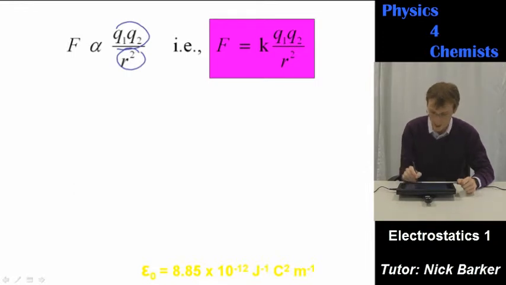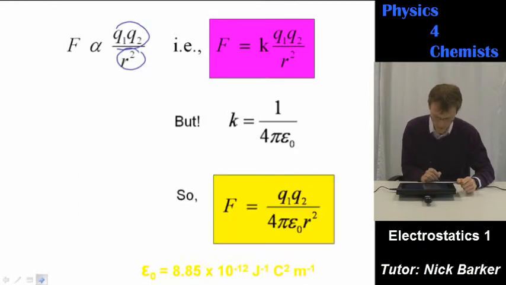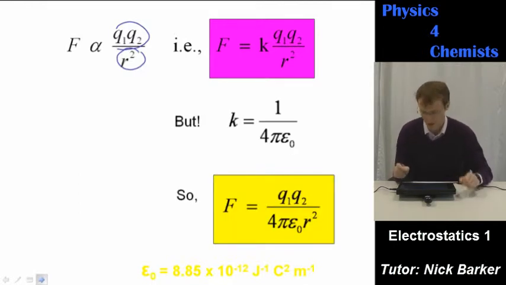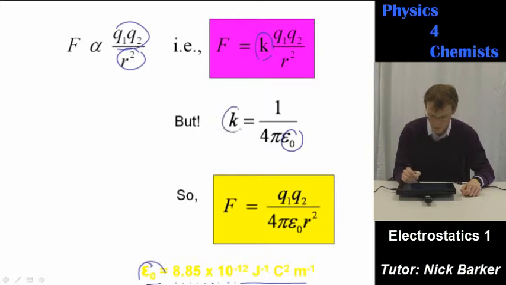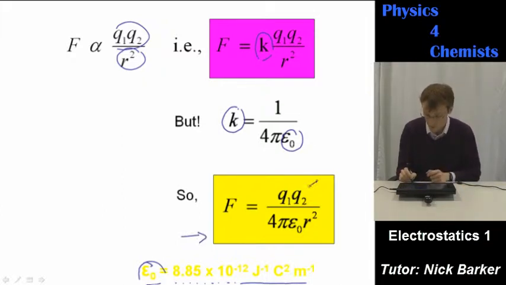So we showed you this just a minute ago, and then you introduce an equal sign and a constant. Now, in fact, K can be derived mathematically. K can be derived as 1 over 4 pi epsilon naught. And this is epsilon naught here. It's got a name, the permittivity of free space, and there's a number associated with it, which is just down here at the bottom of your screen. And so you can substitute the K we see here for its more expanded form, and you end up with this equation here. Force is equal to the product of the two charges in coulombs divided by 4 pi epsilon